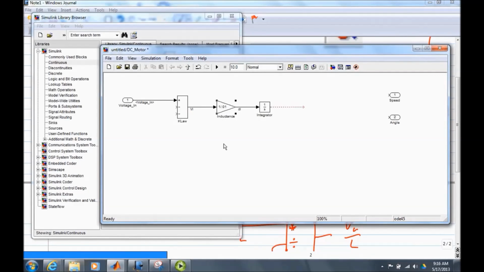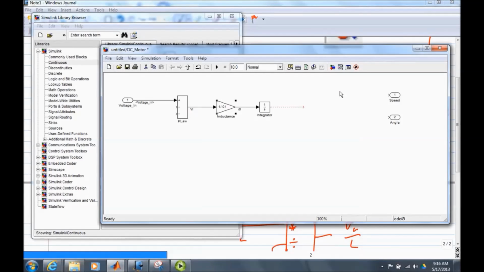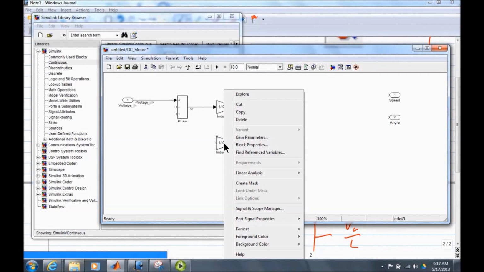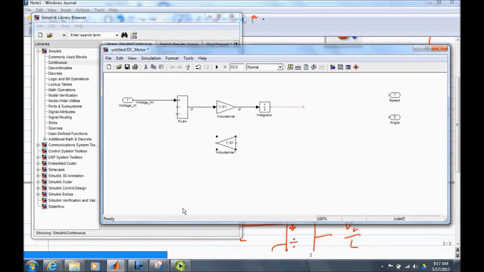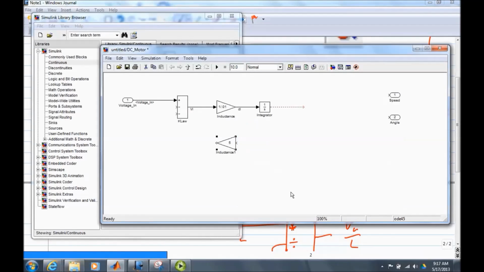Again, being lazy, I will right click, drag this block, and I'll right click on it again just to right click and let up. If I go to format, I can flip the block, ta-da, and it'll make it easier to hook up. So double click on the block, I will put my resistance in here of 5 ohms,